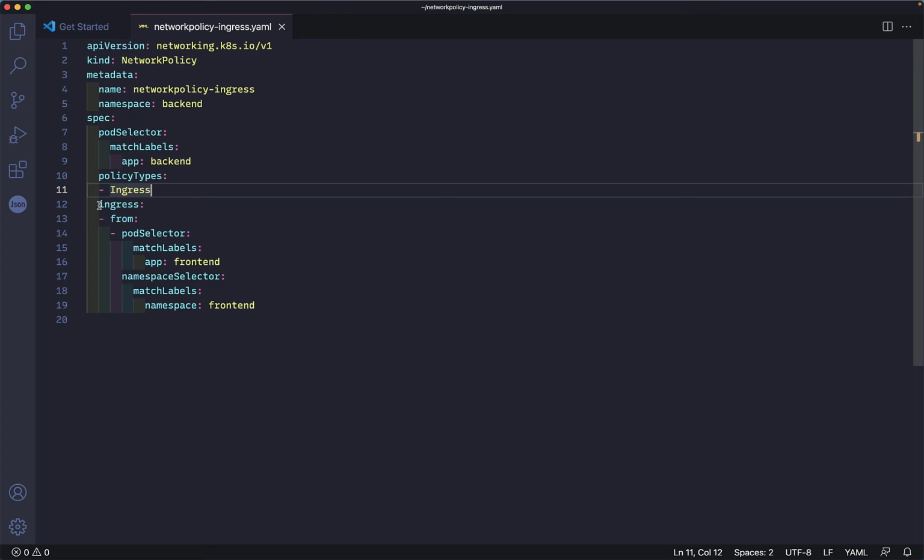So it's saying that from front end pods which have the label app equal to front end, you allow communication. I have one more condition, and this is an AND condition, pod selector and namespace selector. So there's one more condition, and the namespace should be front end. That's why we labeled the namespace also after creating it. So this is like an AND condition, and this is like the subject. It applies on this subject, and this is where the network traffic should come from. So I'll save it, go back to terminal,